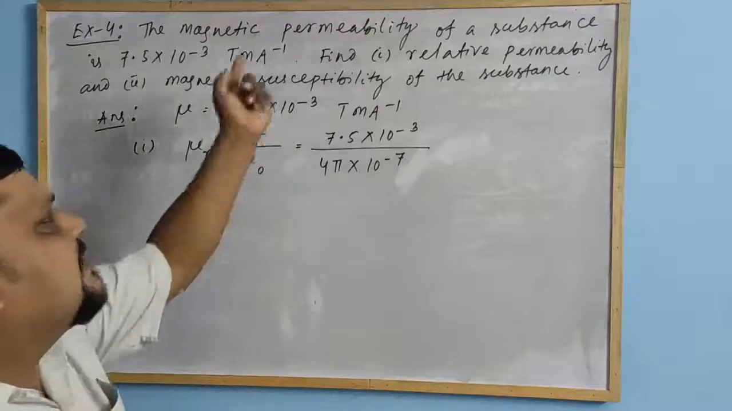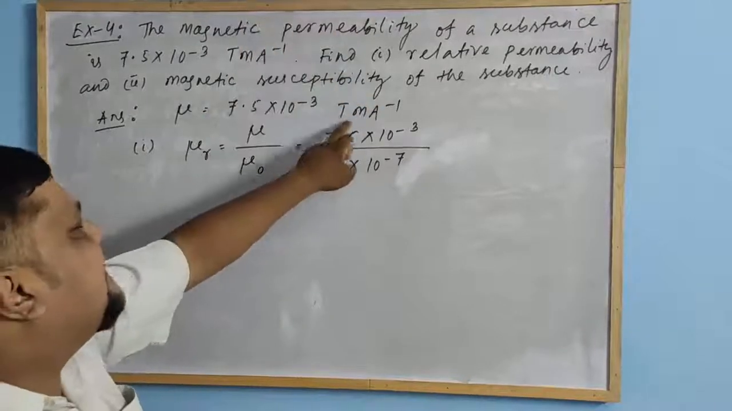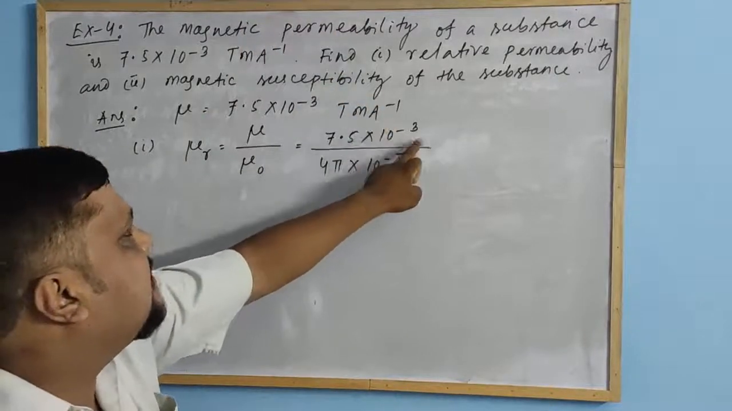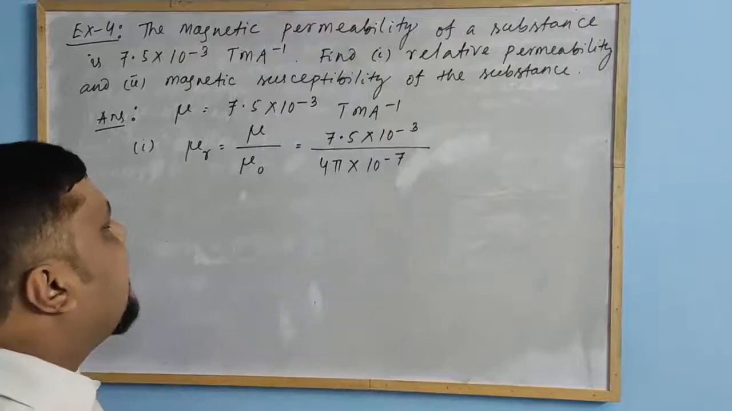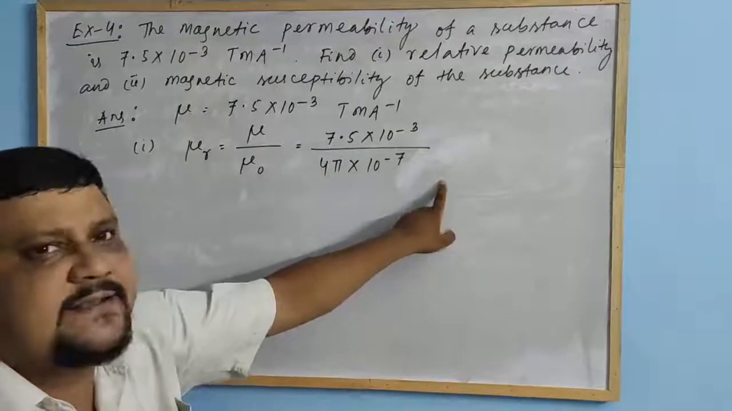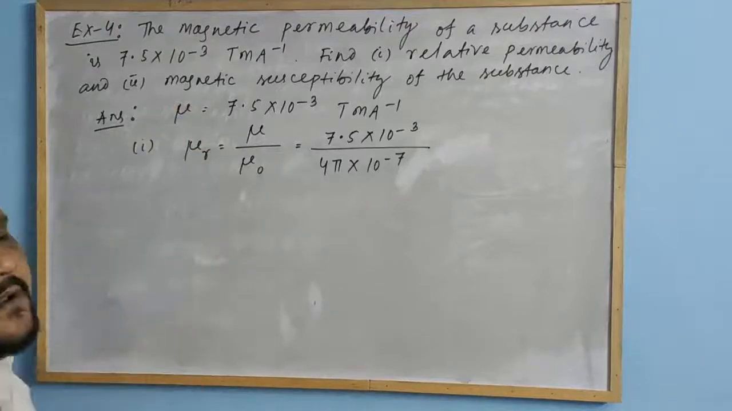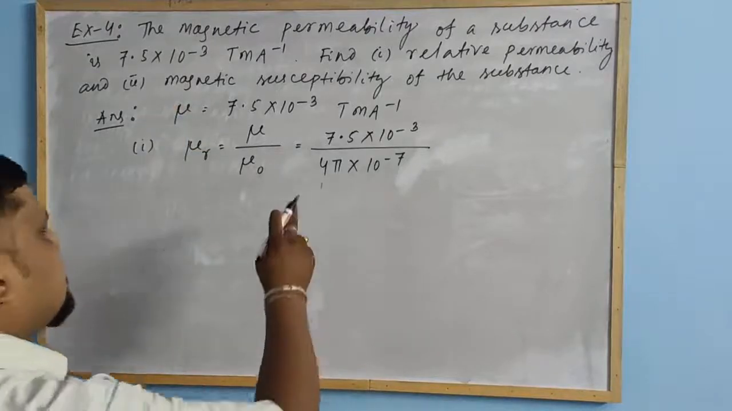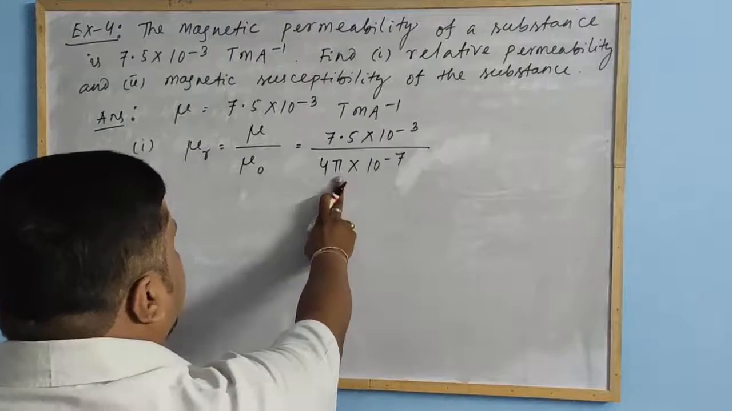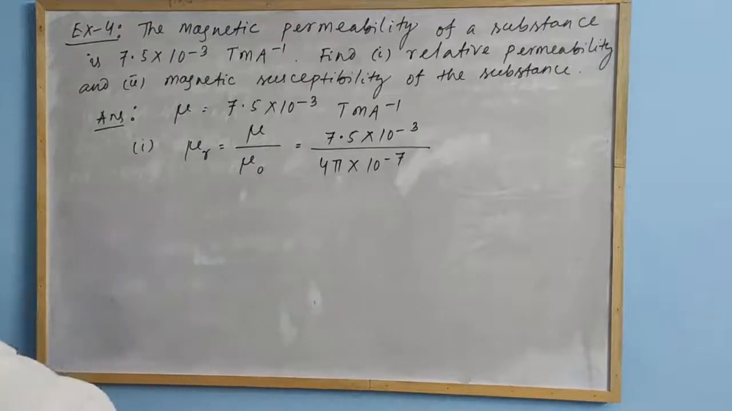Or you can write this in the unit of Weber also. So it is given Tesla meter ampere inverse. This is also Tesla meter ampere inverse. So that unit will be cancelled. Already you know that there is no unit of relative permeability. Okay. So if you put this 3.14 and multiply all these things, what